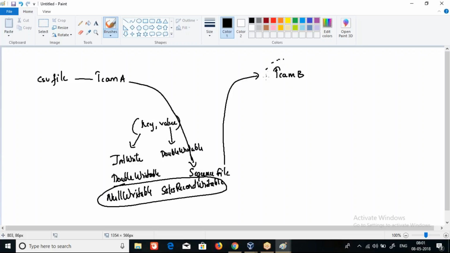But I also said, how will team B know that sales record writable is the value and null writable is the key? And also how will they know what all fields this sales record writable class has? So they usually cannot know those things. They have to manually contact team A